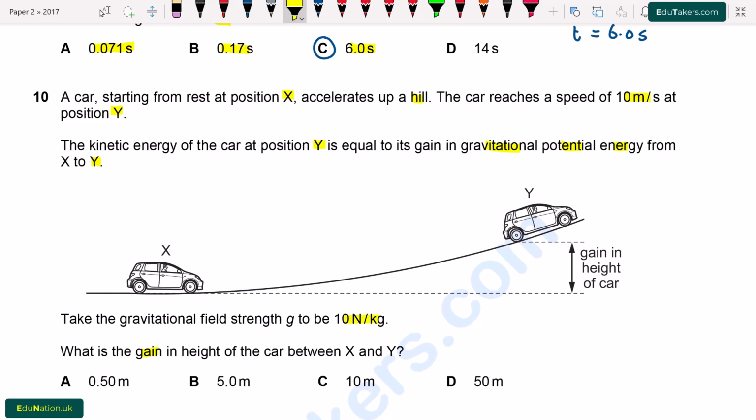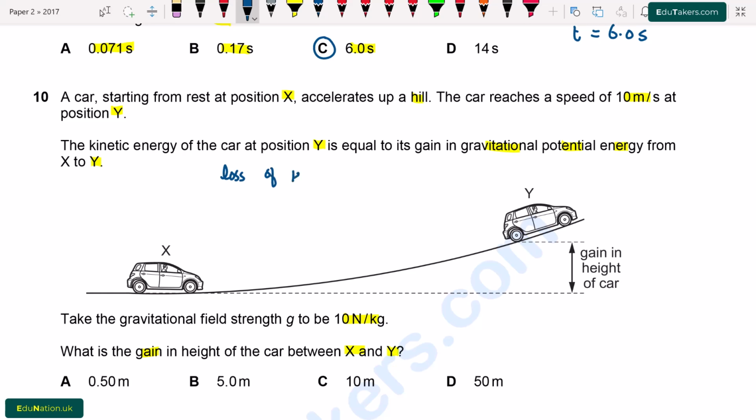What is the gain in kinetic energy of the car between X and Y? So here we have to find out height when the gravitational field strength and speed are given. First of all, as the car moves, it loses its kinetic energy and gains potential energy as it moves from point X to Y. So I write here